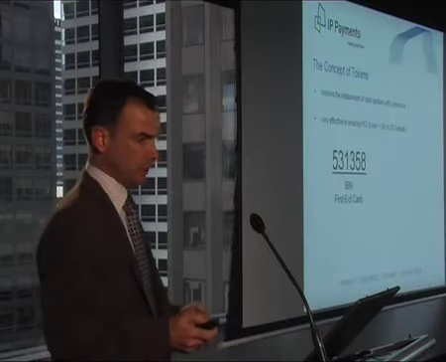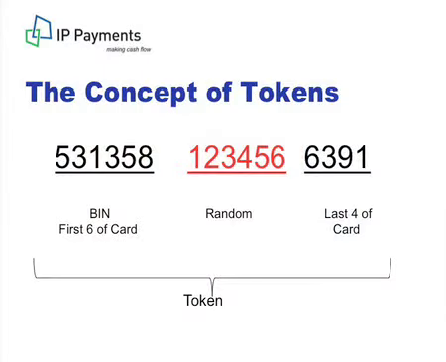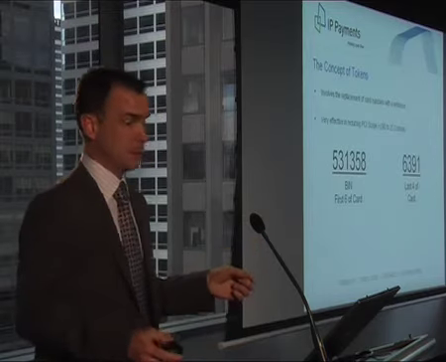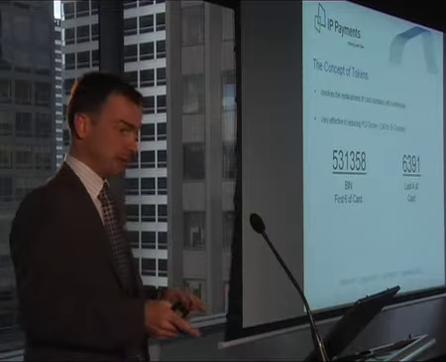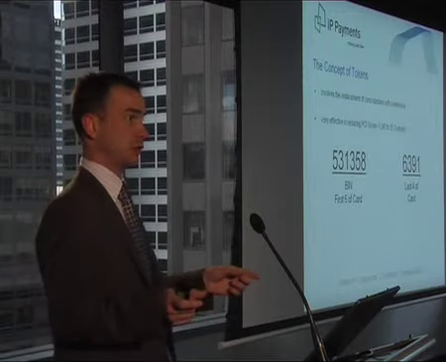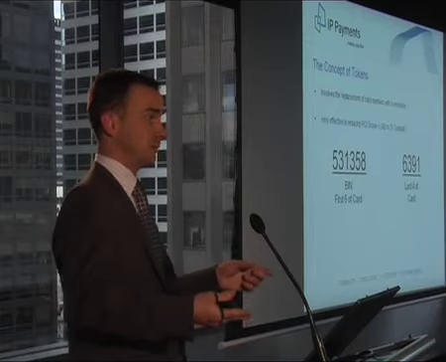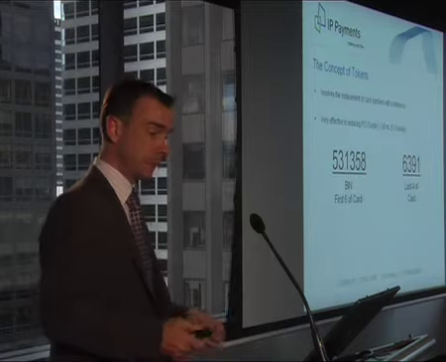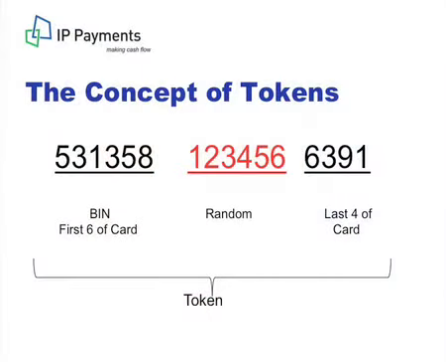As an example of a token, you might create a token from a credit card number. You might take the first 6 digits, which is the bank identification number. Basically, the first 6 digits tell you which bank physically issued the card and what scheme it comes from. You might then keep the last 4 digits. By the way, this is the maximum amount of credit card information you can keep before you become non-compliant. If you keep more credit card data, it's not enough to truncate it. Then in the middle, we replace those 6 digits with a random set of numbers, and combined,